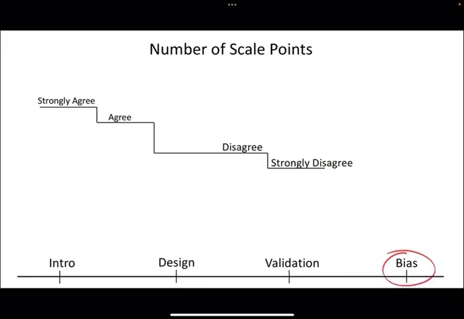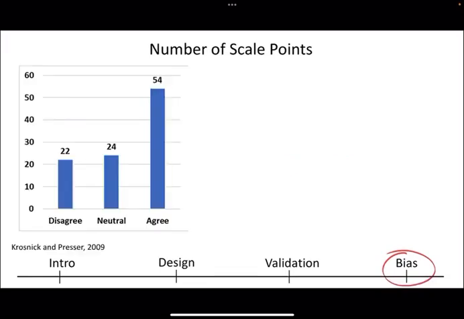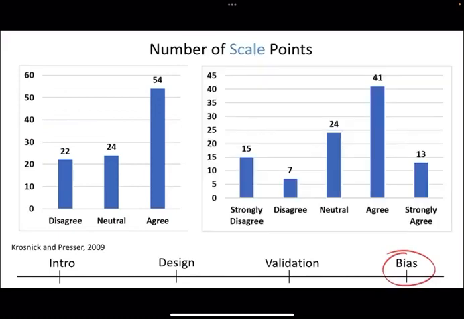As soon as that's not the case, analysis becomes very complex, and that's something you might create by deleting that neutral point. An example of what that might look like is, let's just say we have these results where most people are agreeing, like 54 people are agreeing, and there's about the same number of people that are neutral and disagree. But if in the same population we added strongly disagree and strongly agree, something we might